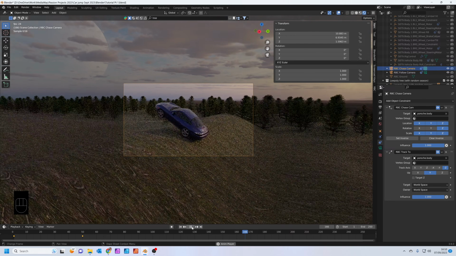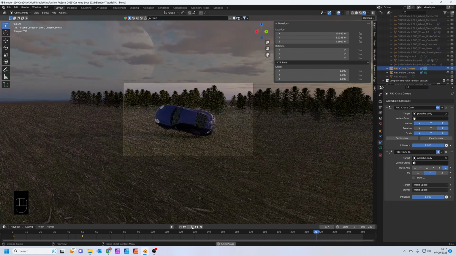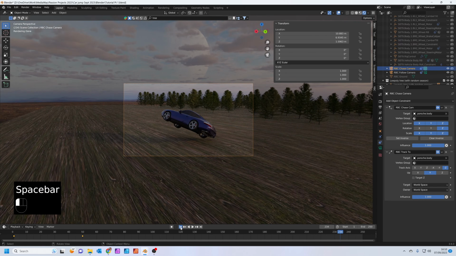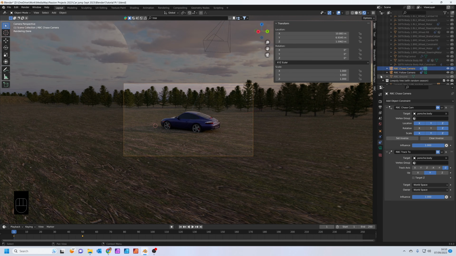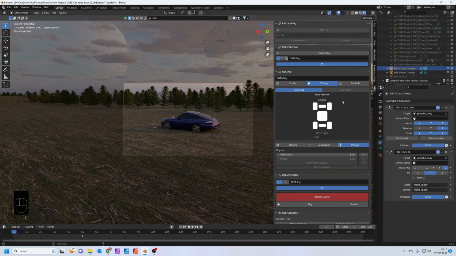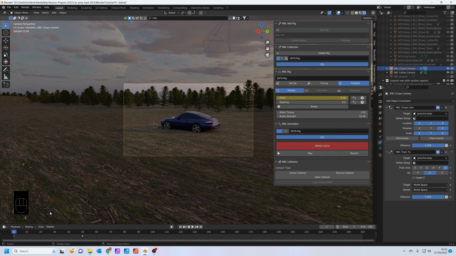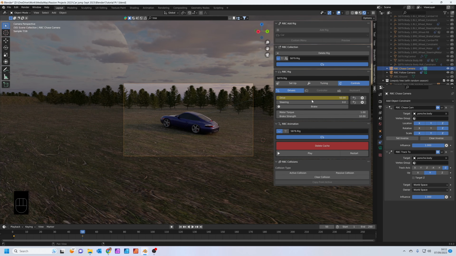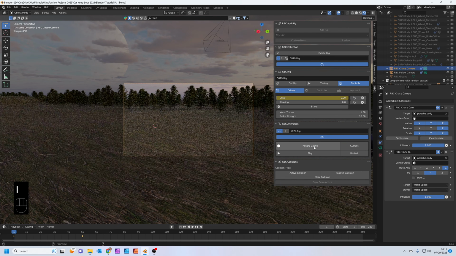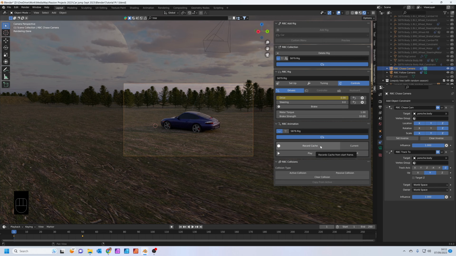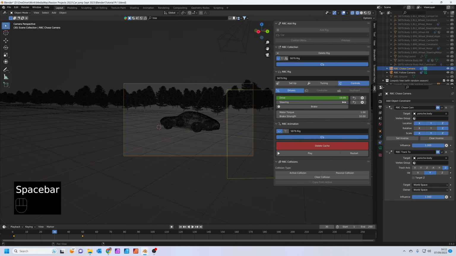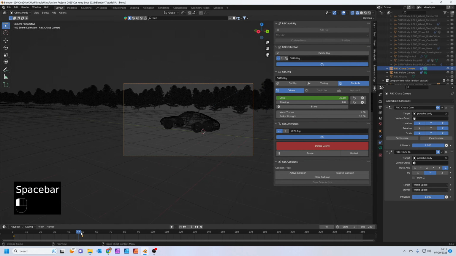I think my general sense is this ground is just a bit too bumpy, so maybe the car is going a bit too fast. Let's just slow the car down a bit. So go back to controls and go back to frame 50 where I set the speed to 50. Let's set this to 30. Press I, delete the cache, and we're going to record the cache again. Okay, 30 is a bit too slow. Let's set it to 40.